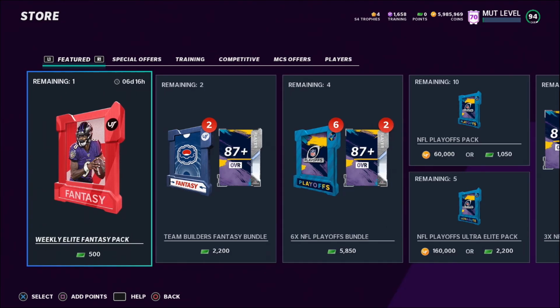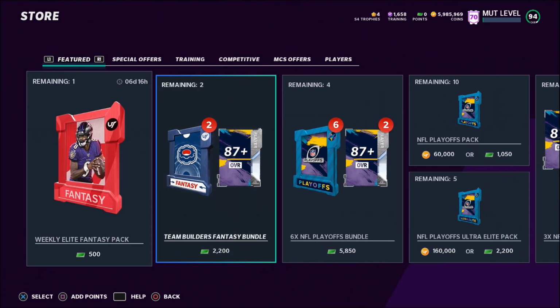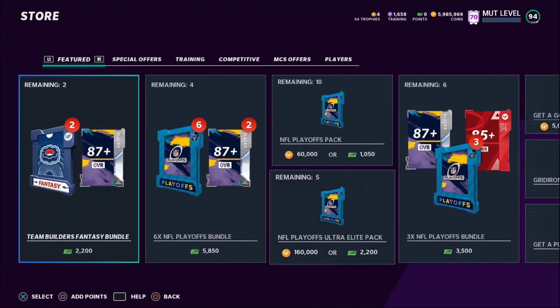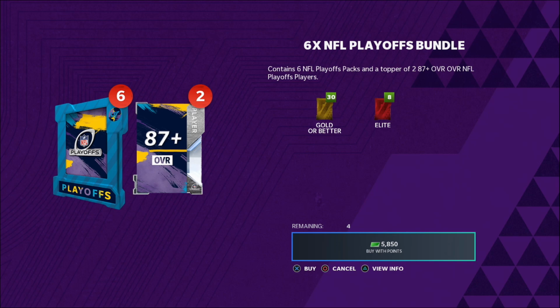Another bonus method is simply sniping players. If you want to, you can just snipe players and get easy profit. These 87 overall playoff cards are pretty good to snipe right now. Whenever new cards come out, especially if they put them in packs, usually those cards are really snipeable and you can make a lot of profit from them because there's a lot of hype around them. There's new 87 overall playoff cards